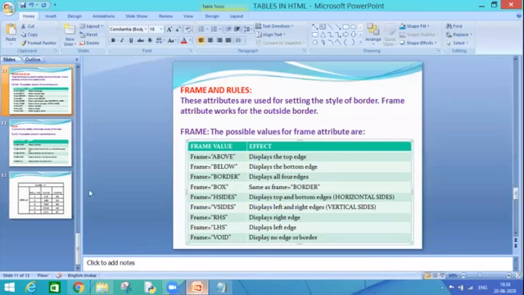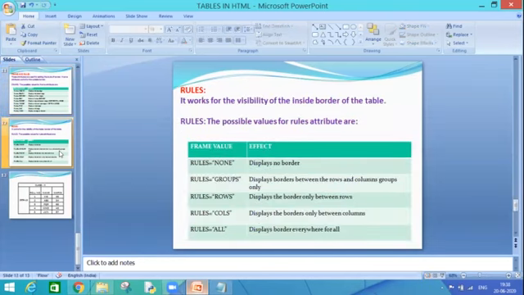Now next we would like to move on to rules. Now if I talk about frame and rules, both are working upon the borders only. But where is the difference? Frame works upon the outside border of the table and the rules attribute works upon the inside border of the table.